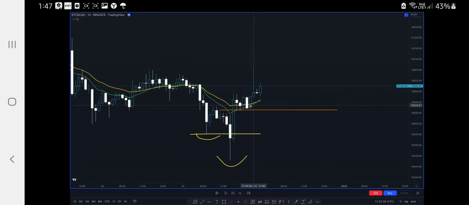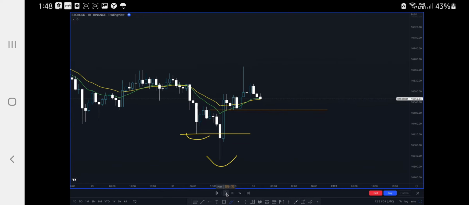So we need a bullish cross, which is where the green crosses the yellow in this example, because when you're downtrending, you have the yellow above the green. As you uptrend, they have to cross before you can have a sustained uptrend. So you can see here they're crossing. Allow this to play out. Okay, so now they have crossed. These are hourly candlesticks. So we've had 1, 2, 3, 4 hours since the cross. So the cross has occurred.